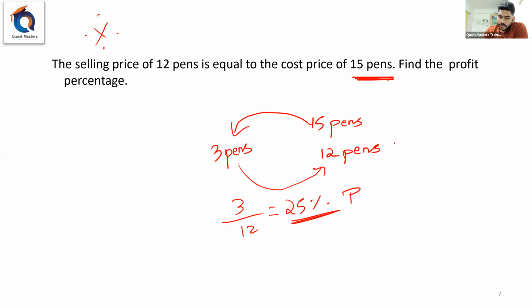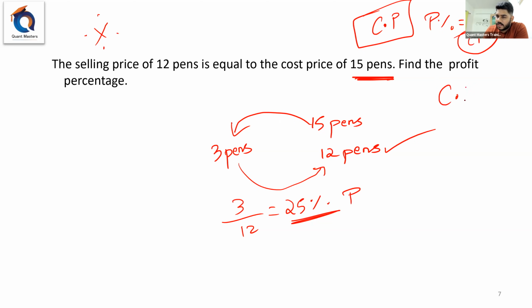Now you might have a doubt. Sir, always profit percent is compared with respect to cost price. No, sir. That is profit percent. We have a formula that is profit by cost price into 100, which means we should compare with cost price. No, sir. Here, why are you comparing with selling? See, whenever I'm comparing with price, I always compare with cost price. Whenever I compare with respect to quantity, I always compare with respect to selling quantity, not price, selling quantity. So here this 12 is not price, it is the quantity. So 3 over 12. Clear? This technique, I hope you have understood. Okay, you'll not find this anywhere.